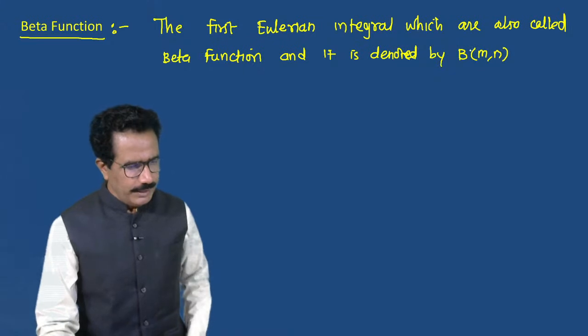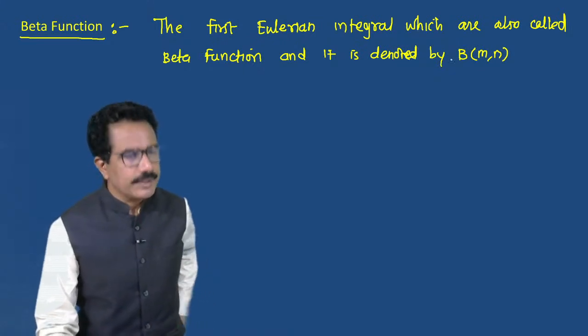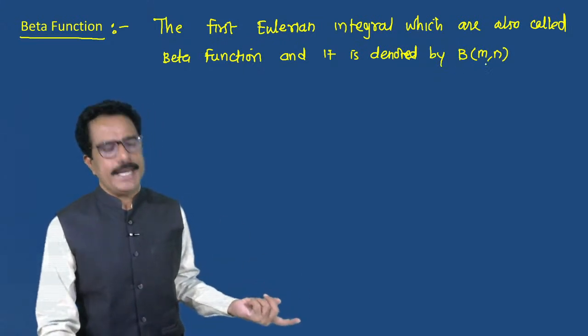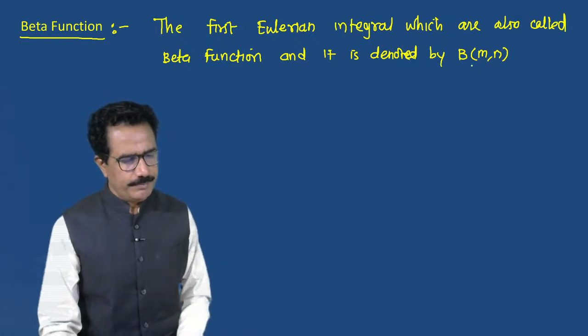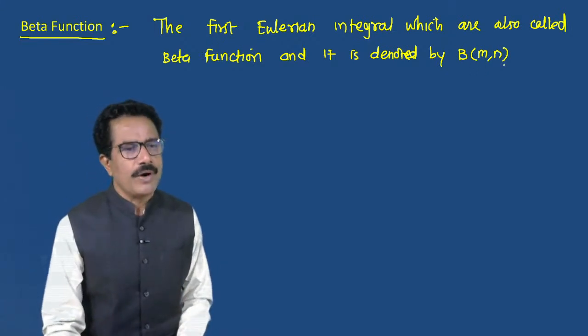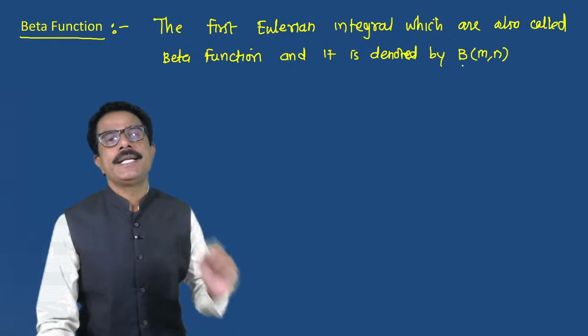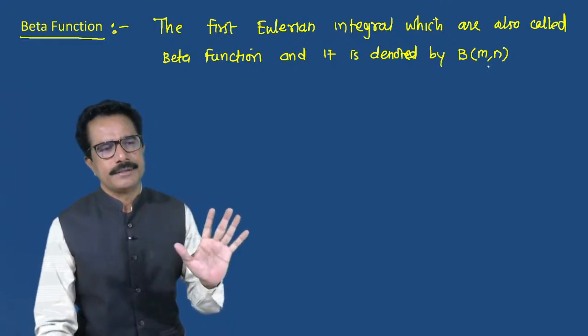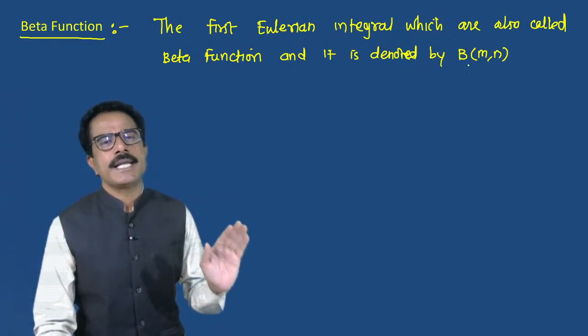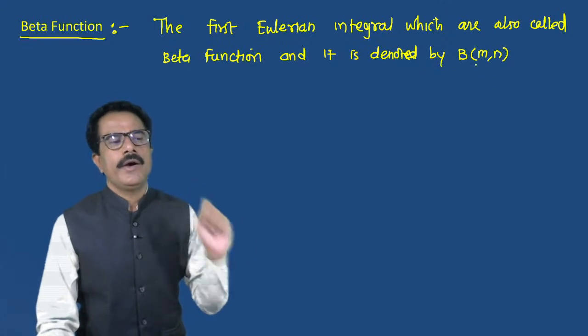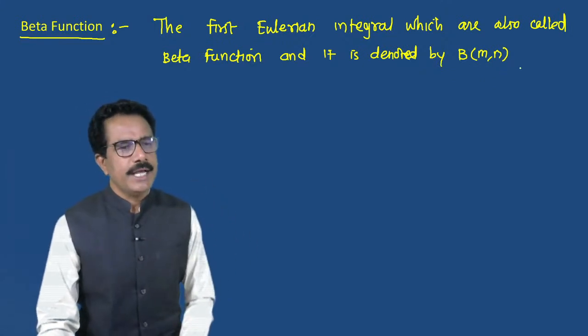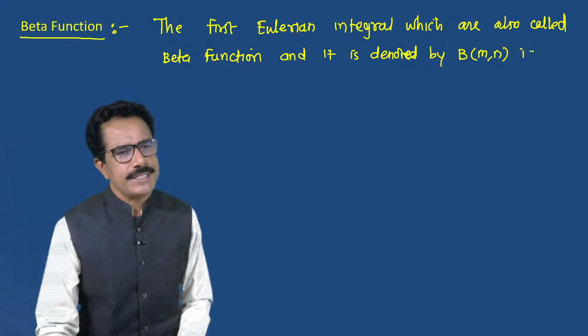How to read it? Beta m comma n. This is a special type of function, Euler's special integral, and is defined as